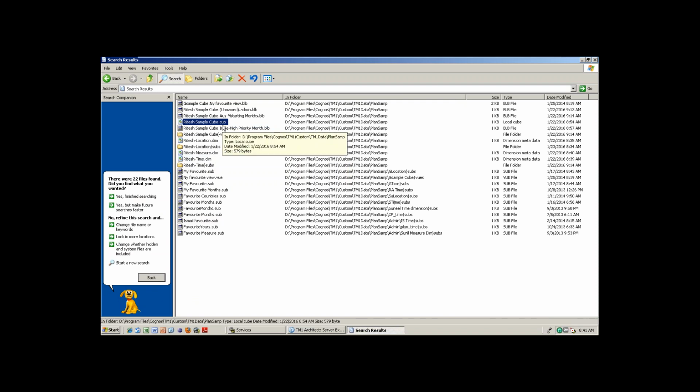So what you need to do is copy and paste the entire folder into the new location, maybe a new server, and then the deployment is done automatically. But the only thing I am telling here is about the structure. If you have the .cma file, you can easily import the dimensional structure into the different servers.